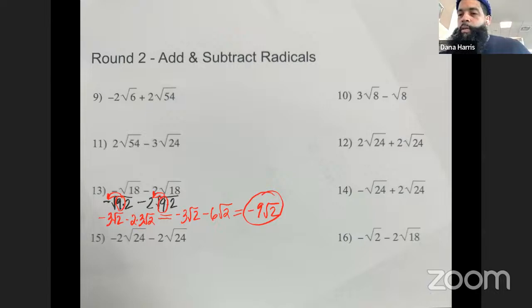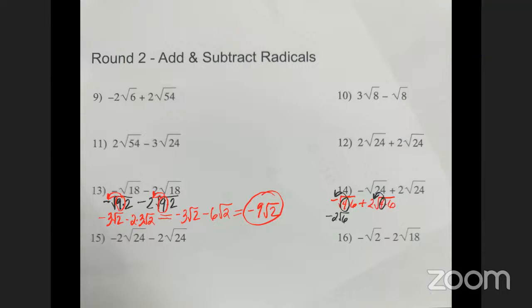14. I have negative square root of 4 times 6 plus 2 square root of 4 times 6. And so the 4 is a perfect square number. Take it out there. 4 perfect square number. Take it out there. So I get negative 2 square root of 6 plus